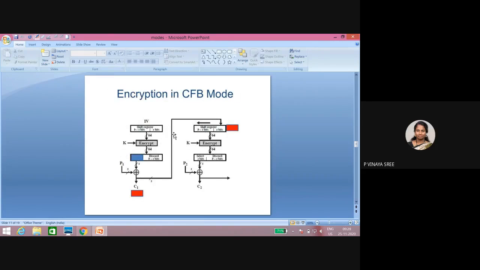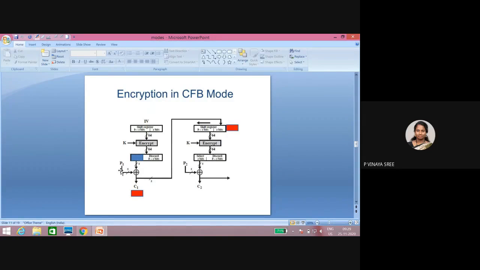Try to concentrate on this diagram. In encryption in CFB mode, the initialization vector, see here down, is 64 bits. Just see my cursor, 64 bits. You are encrypting that with the key, so that finally we generate 64 bits. Now the plain text, as I already said, this is your stream cipher, not your block cipher.